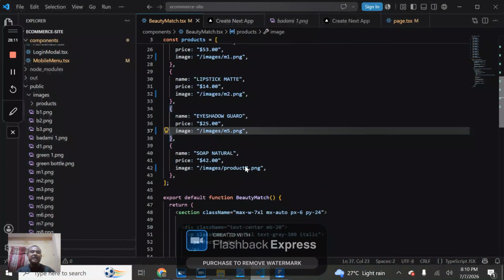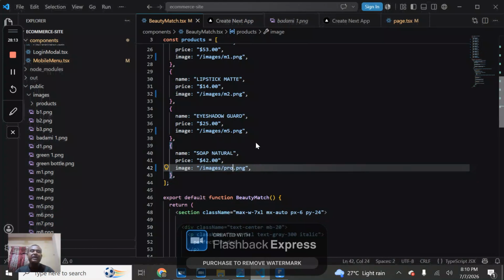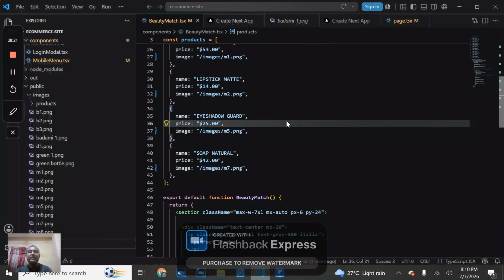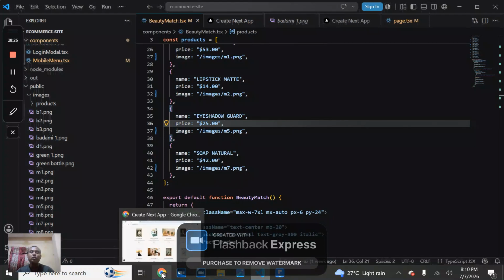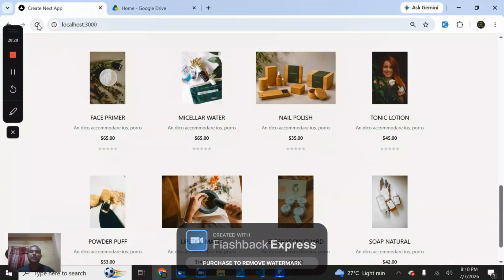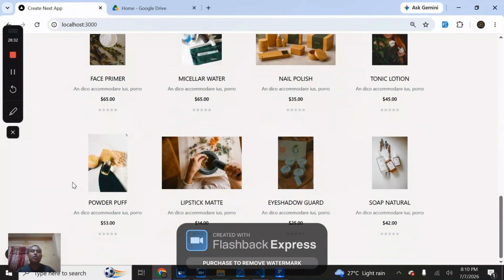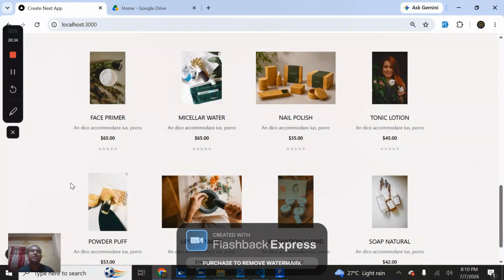And 5, the last one, you have to be careful when you link up the images. So M7, right guys? So simply you have to press Control S. After that you can go to your Chrome browser and click on reload page, so you can see our whole section is ready. What is our section? The product cards.